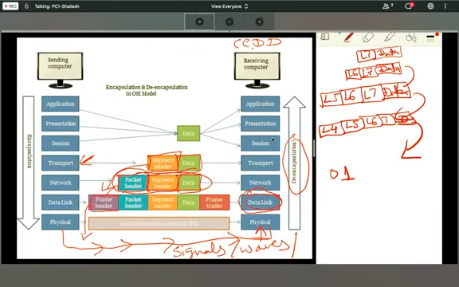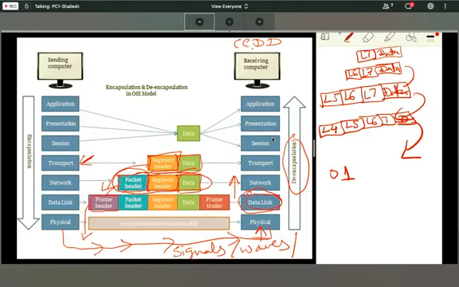Now, when this data goes up towards the network layer, what is the work of the network layer? Only checking the L3 information, correct?